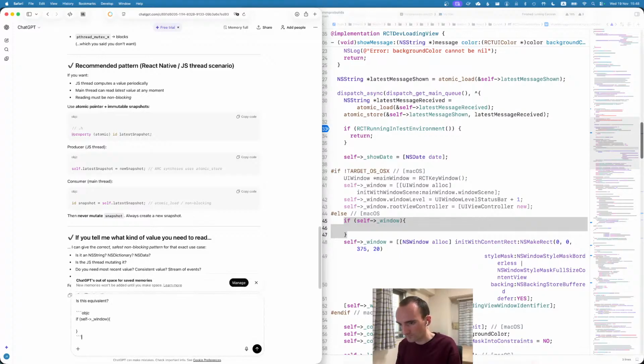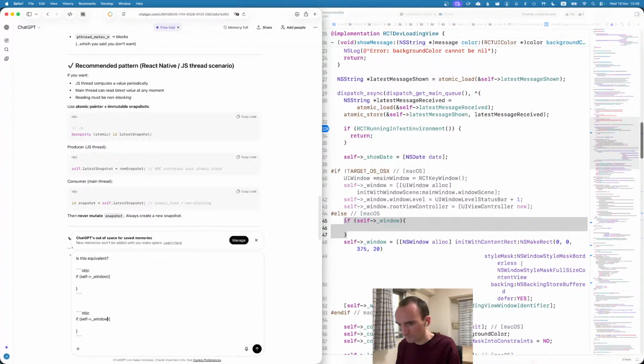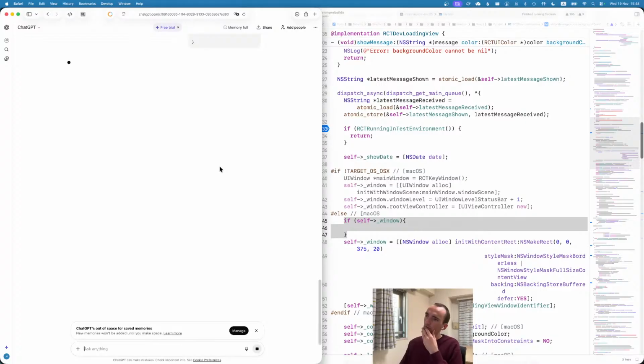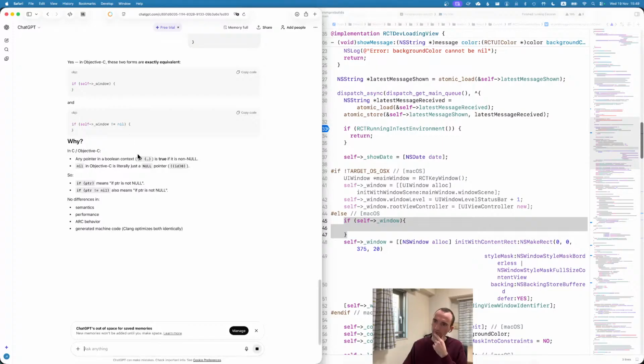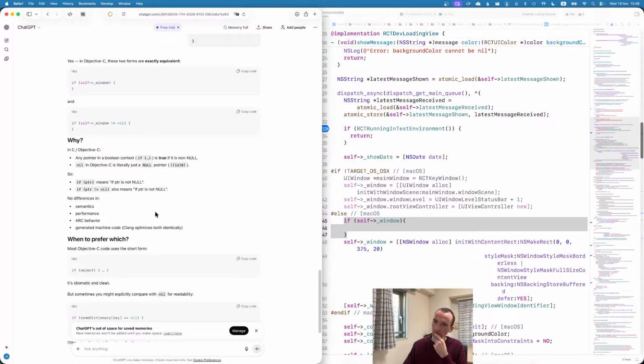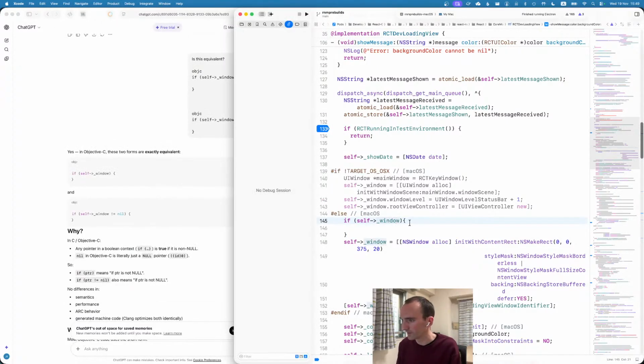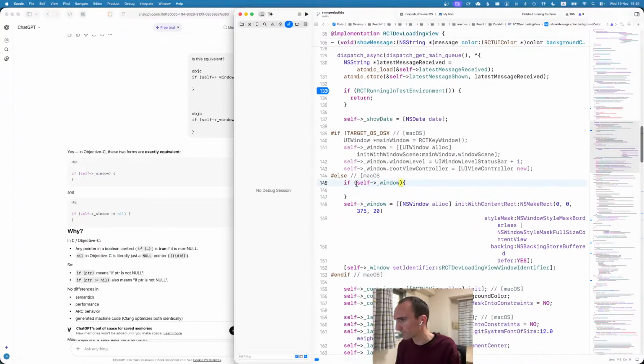Objective-C. Now, of course, Objective-C has got 3 different kinds of nil. 4 actually. Well, it's got plenty. So, right, fine. If it's truthy,